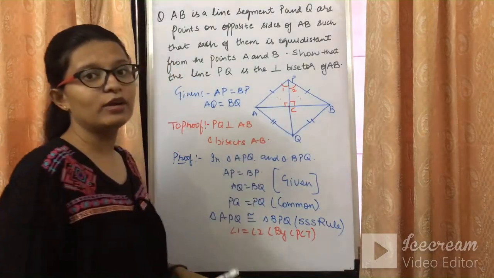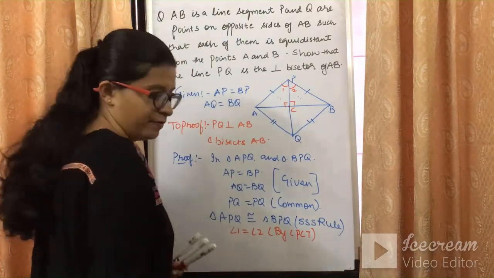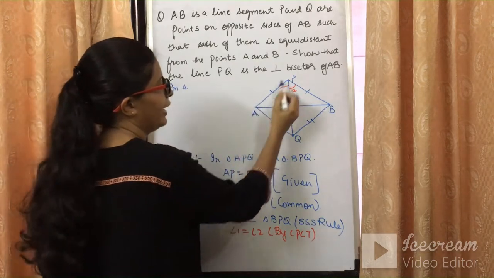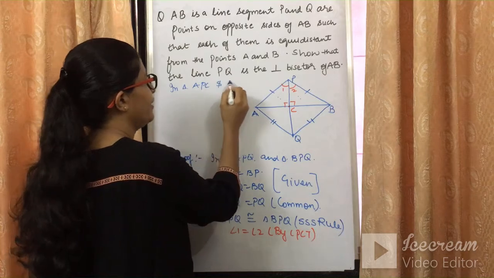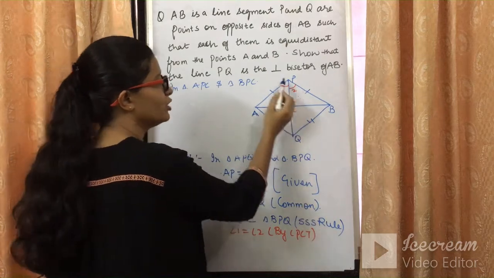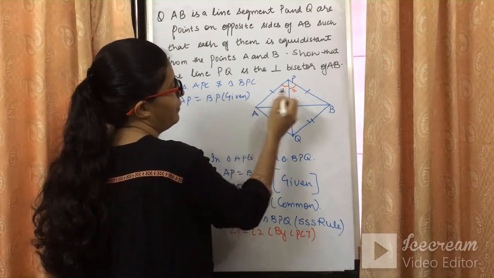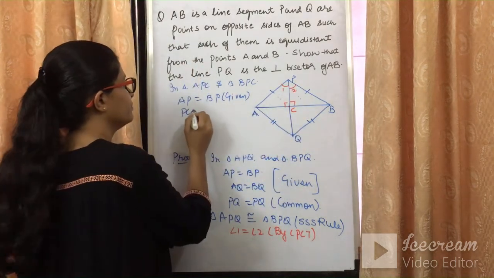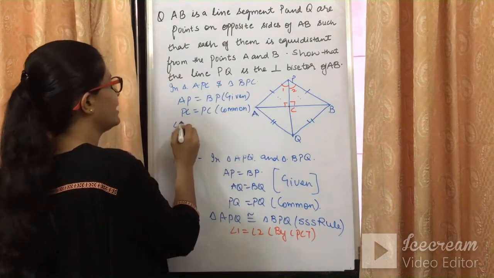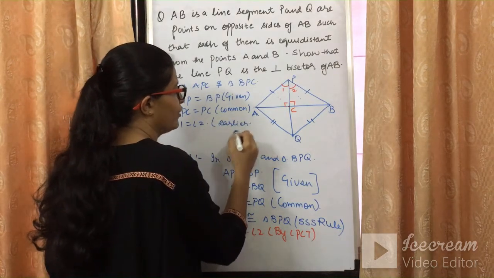Now if 1 and 2 are equal, can we apply a congruency property to these two triangles? Let's see. Now in which triangle? In APC and triangle BPC. क्या मैं ये बोल सकती हूँ AP is equal to BP? AP is equal to BP. It is given in the question. And between both the triangles PC is common. PC is equal to PC, which is common between the two triangles. And we can say that angle 1 is equal to angle 2. Earlier proved. Earlier we have proved.